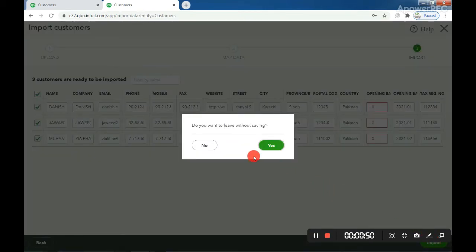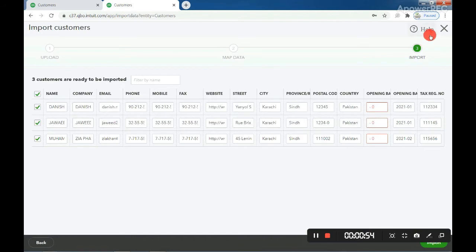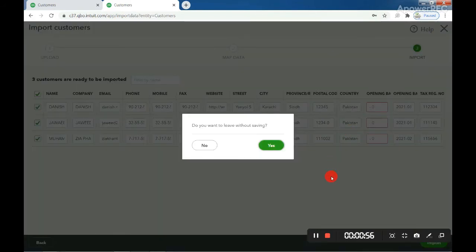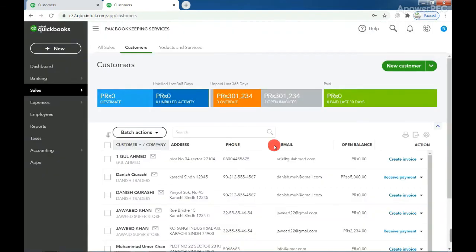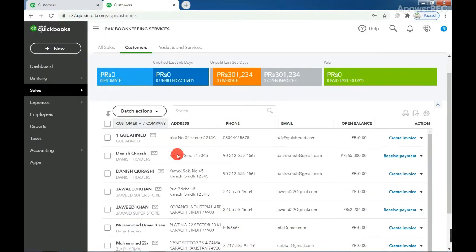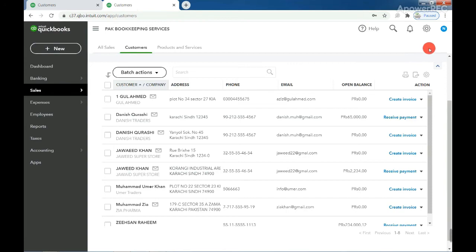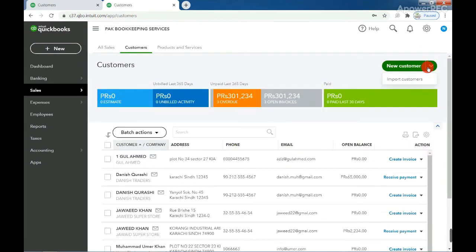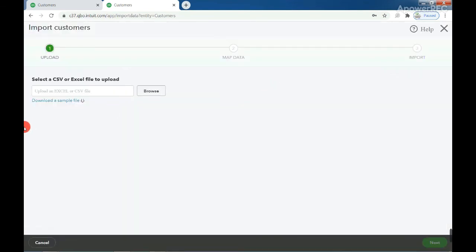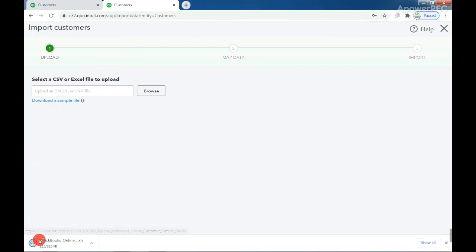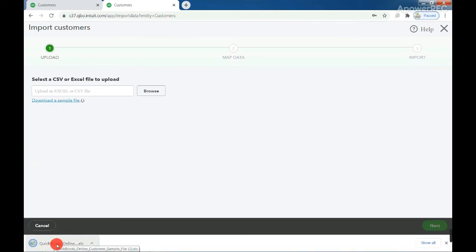I have already imported this data in QuickBooks Online, so I will not import it two times. If you need this Excel file sheet, go to the arrow button and click on Download a sample file. Your Excel file format will download to your computer or laptop. If I open this file,